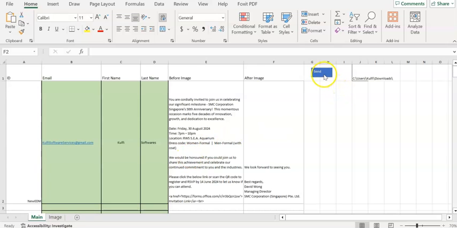Hi, once you click on send, it will send the email to this particular email address using Microsoft Outlook, with these details, with this name and with this content. So I'm going to show you how that works. Once I click on send,